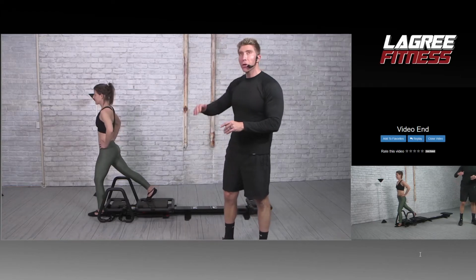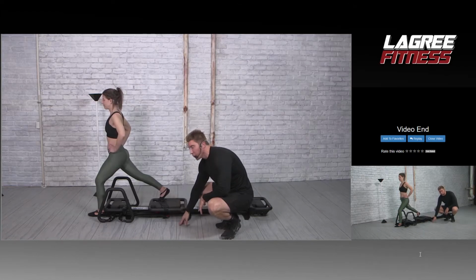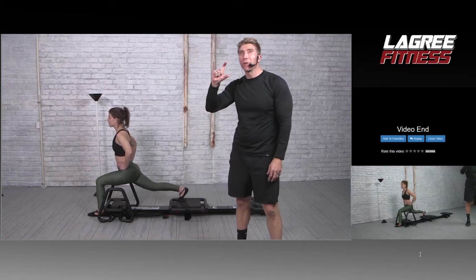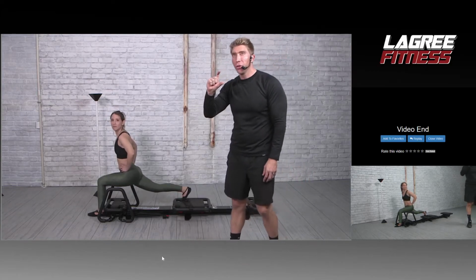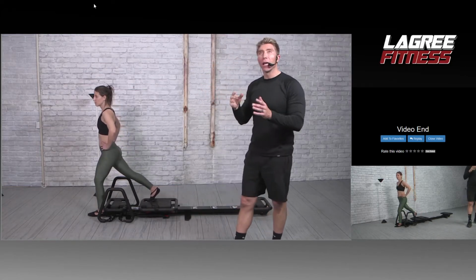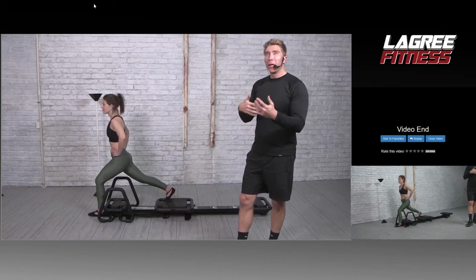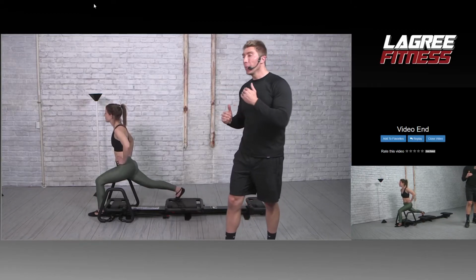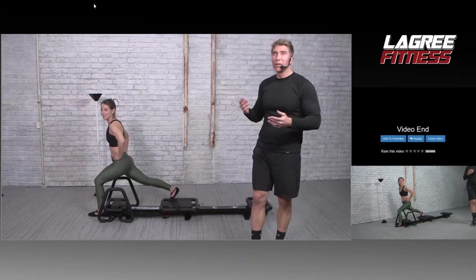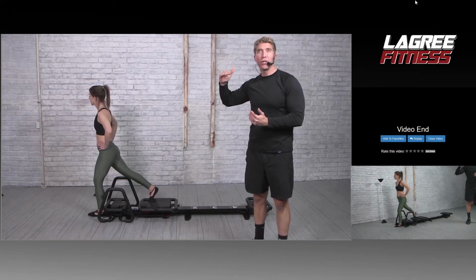Absolutely. So there's about a 5.5 inches difference between the top of the carriage and the floor. That separation, that distance is very significant. And what it allows you to do is dig deeper within the glute and the hamstring. So I love the combination of doing, and you'll see that when I do my routine, a couple minutes, sometimes 3 minutes on the elevator, and then quickly, boom, go on the front lunge. I love it because the transition is very quick. It only takes a couple seconds, and then it's the same movement,